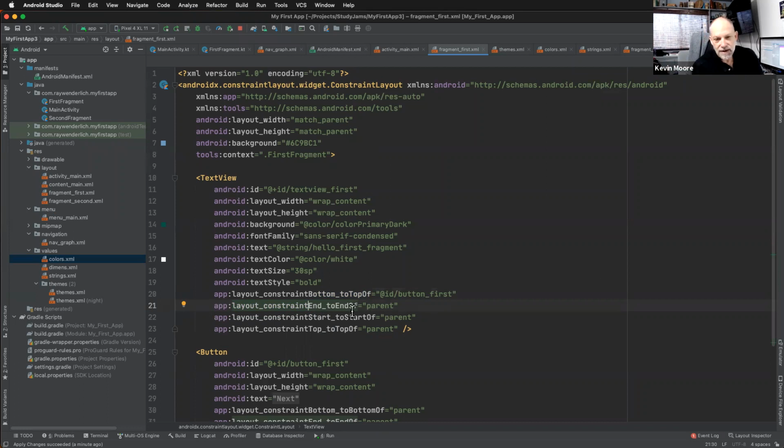Now we also say that it's going to be constrained to the start of the parent. So that kind of pulls it one way, and the other one pulls it the other way. So that basically centers it